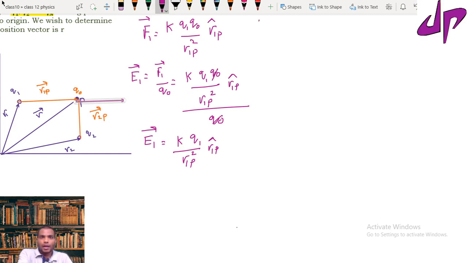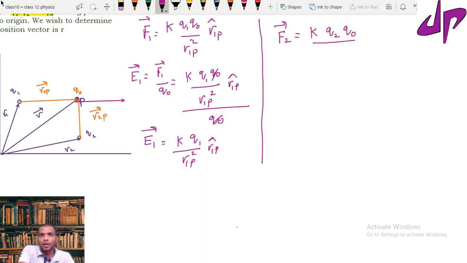For that I need to write another charge Q2. So for that I need to write the force F2. So F2 bar equal to force due to charge Q2 equal to the same K times Q2 Q naught by R2P square in the direction R2P cap. There is a force due to charge Q2 at the point P on the charge source, test charge